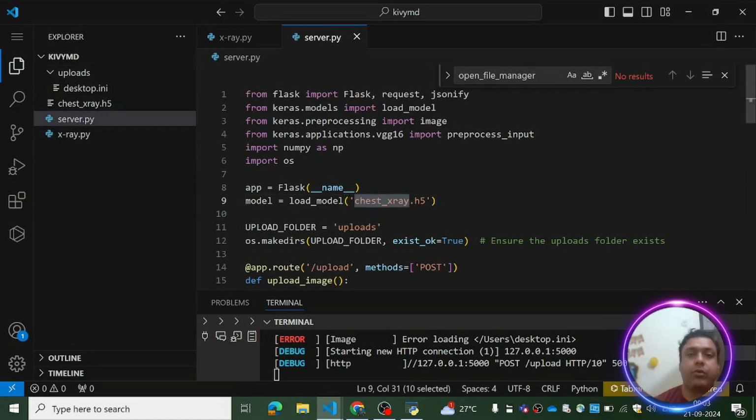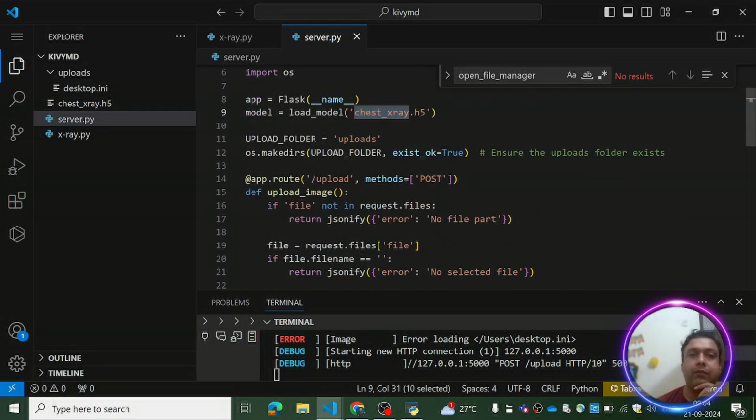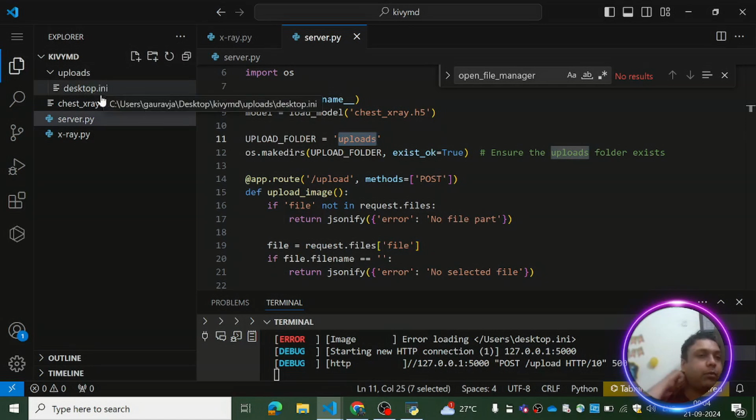How we have created this model is something which I'm going to cover in a later section of this video. But for now, we are going to check out the Flask application, which is actually helping the application in showing and generating the response for the user for the file which he uploads. So we are loading the model over here. Then we are checking whether the uploads named folder exists or not. So basically when the user uploads an image, it comes here in this uploads named folder,